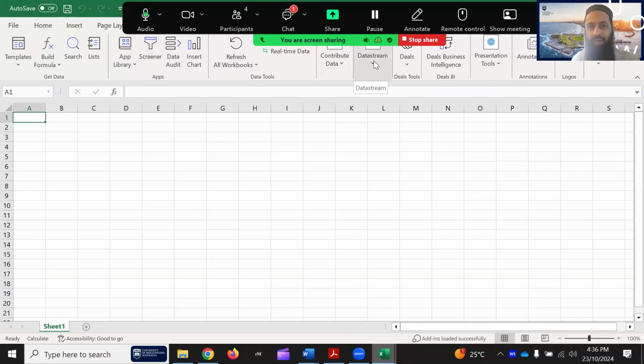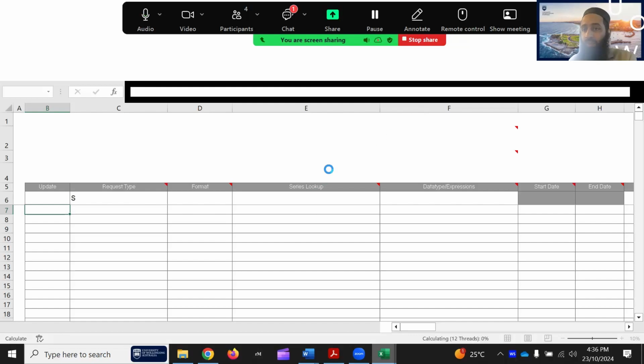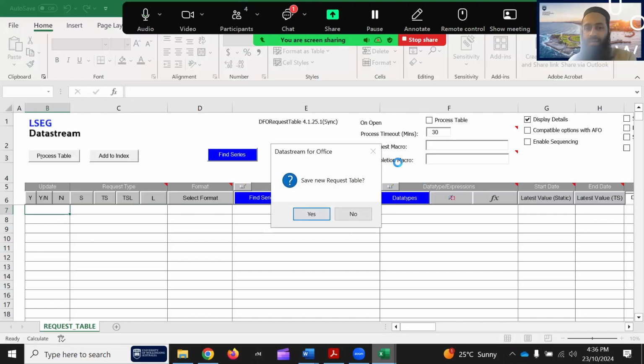But the one that I want to show is under DataStream, this is what I was saying. LSEG Workspace has DataStream embedded in it. So if you want to extract data from DataStream only, not from other linked sources, you click on DataStream. So it has sub functionalities. You can use the DataStream formula. The one that I want to apply now, I refer you to apply, is a new request table. If I click on it, the new request table has been added,